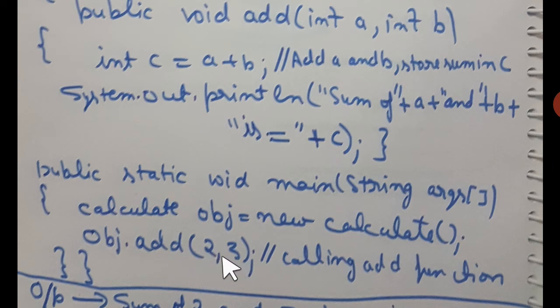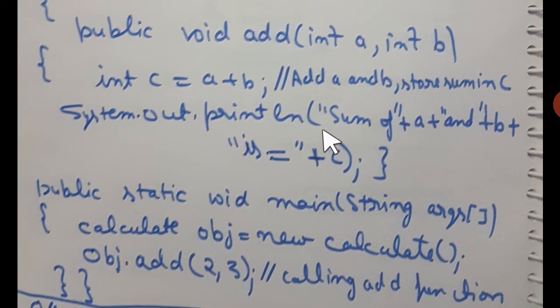parenthesis is there. Inside the parenthesis, two arguments, means these are actually the values which are to be added through the function add. So these are actual arguments or actual parameters. Okay, so in the function call we specify the actual parameters or actual arguments. So finally what will happen? These 2 and 3 are going to be copied here in this A, means 2 will be copied to A and 3 will be copied to B. So please, sequence of values you always take care of whenever you deal with the arguments in any function program where the arguments are present. All right, that's important.